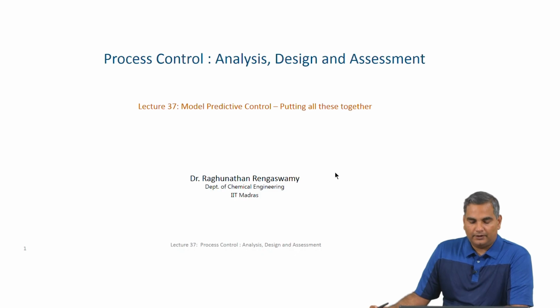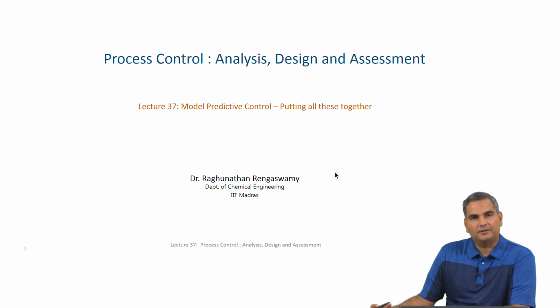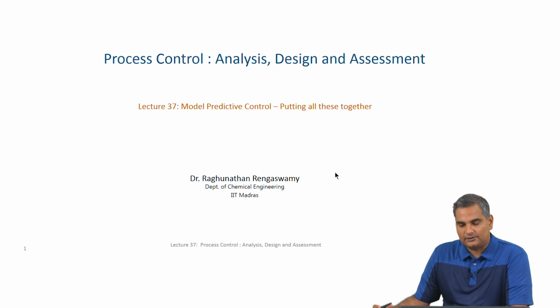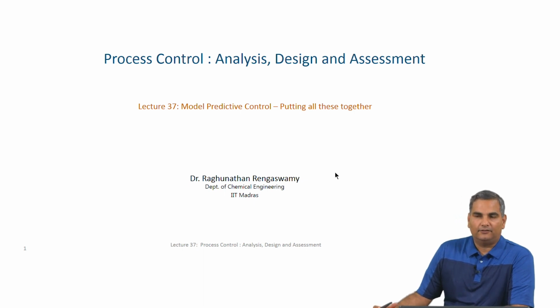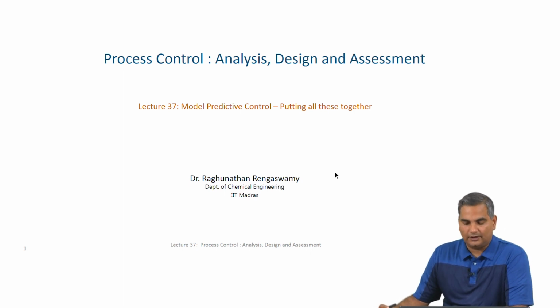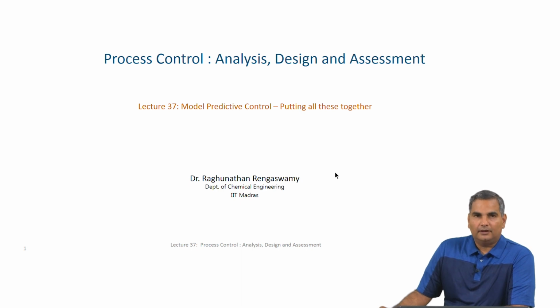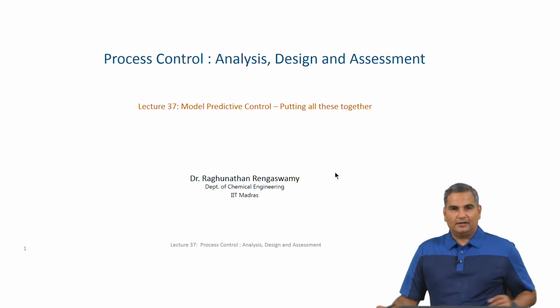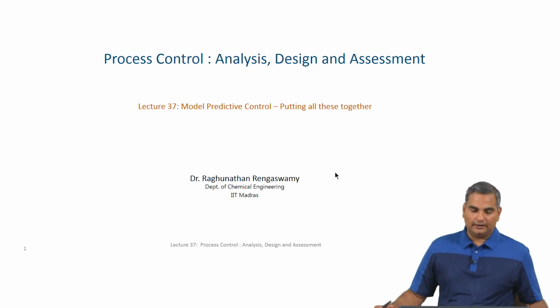I have talked about how an optimization algorithm has an objective function, constraints and decision variables, and I have related all of these to the control viewpoint. And then I also talked about how we get a discrete model of the process, so that we can put together this model predictive control formulation. So, in this lecture I will quickly combine all of these together to show you how the optimization formulation is